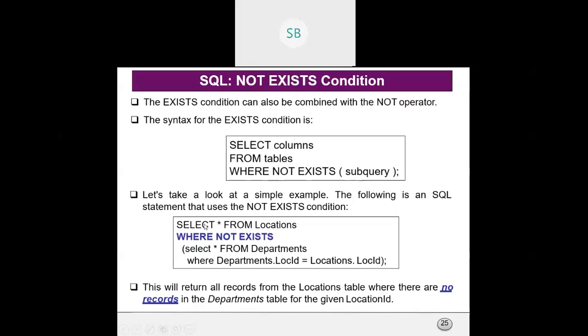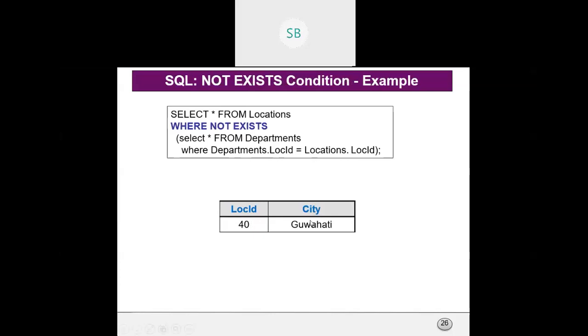Here is the example: SELECT * FROM location WHERE NOT EXISTS (SELECT * FROM department WHERE department.location_id = location.location_id). It will return whatever is not present in the department table. In this case, 40 Guwahati will be printed because location ID 40 is not present in the department table.